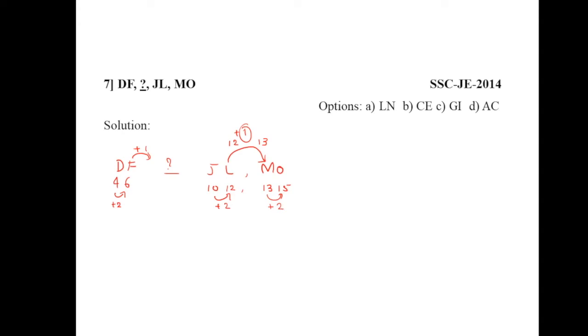Plus 1. So here also it must differ by plus 1. So F plus 1 is 7, and 7 is G, right? The 7th letter is G. Next, the intermediate difference is +2. It is changing by +2 in all the other letter series. G plus 2 is 9. The ninth one is I. So my answer for this question is GI. Is it there in the options? Yes, it is C. Answer C. I will move to the next question.